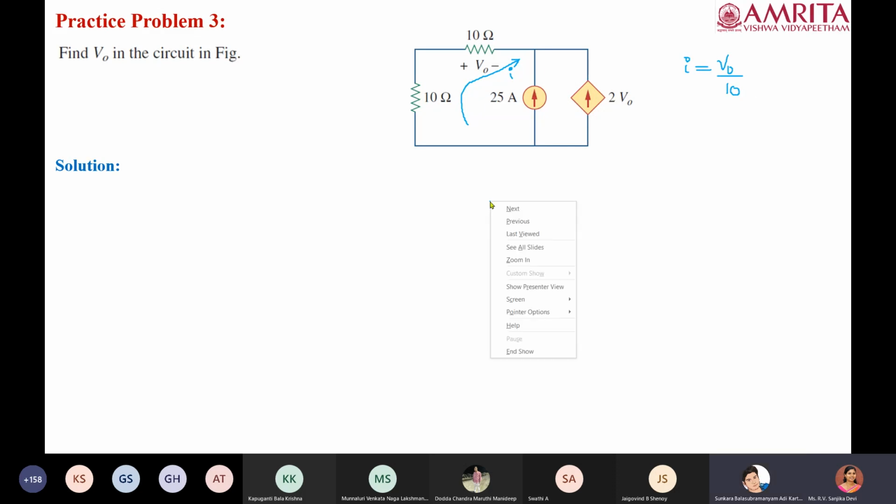Ma'am, there are two resistors in series. Yeah, even though they are in series, the same current has to flow through them, right? The current through them is going to remain the same, but we have only the information about V0. So for the current flowing through this 10 ohm resistor, based on Ohm's law, what is V0? V0 is nothing but I times 10, right?